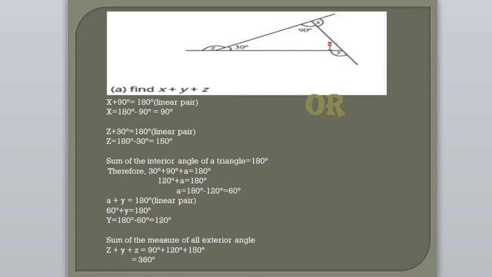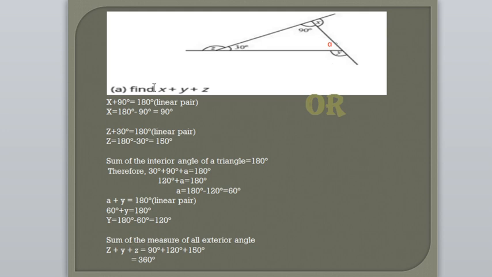If we got the interior angle as 60, then we can automatically get angle Y, which is exterior, because angle A and angle Y are in linear pair. So by using linear pair, A plus Y equals 180 degree, and we got A as 60 degree. Then 60 degree plus Y equals 180 degree. Transfer this 60 degree to the other side. So Y equals 180 degree minus 60 degree equals 120 degree. So here we got angle Y as 120 degree.